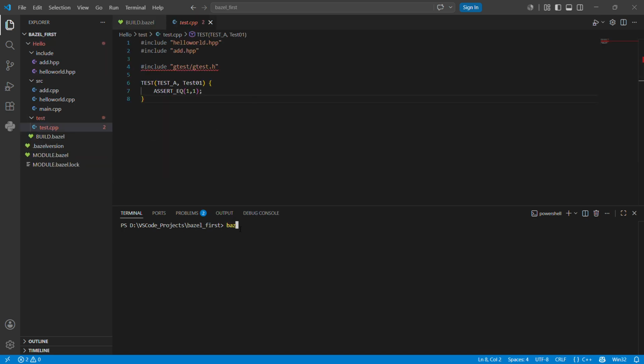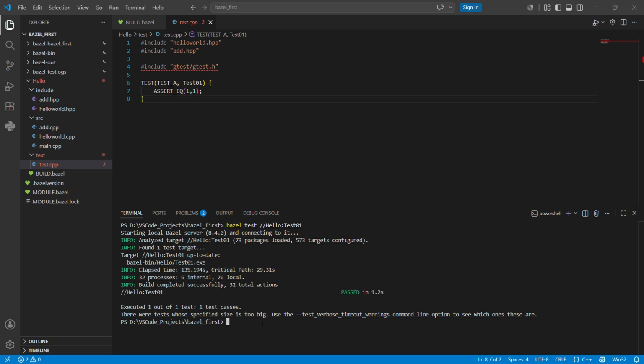So now we go ahead and run bazel test hello:test01. It's very simple. It's the same way we used to build our files. Instead of build, we have test here, and the test is called test01. So we just run it, and since I'm running it for the first time, you might see here that the Bazel build files are missing. So it would take a lot of time, because now test will compile all the binaries first, and then, sorry,